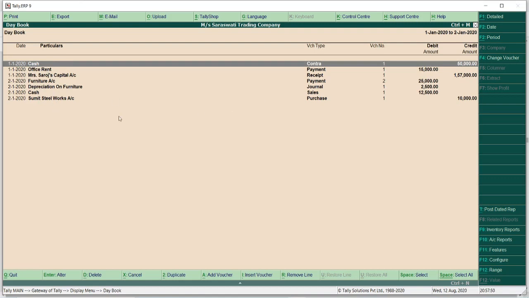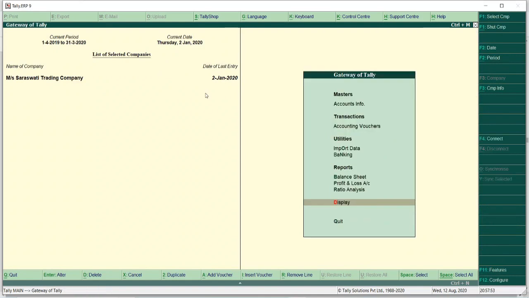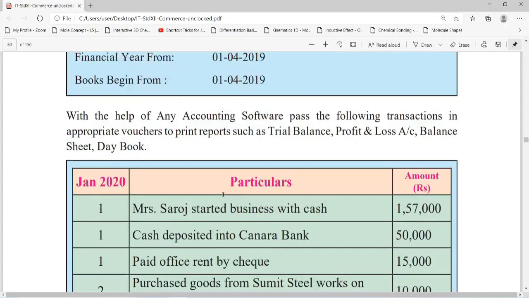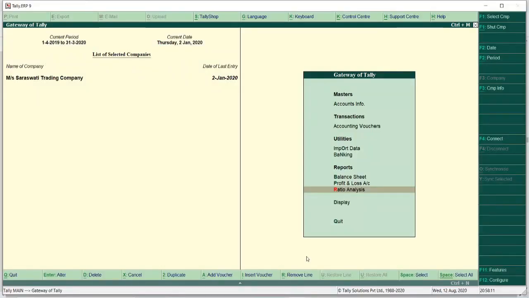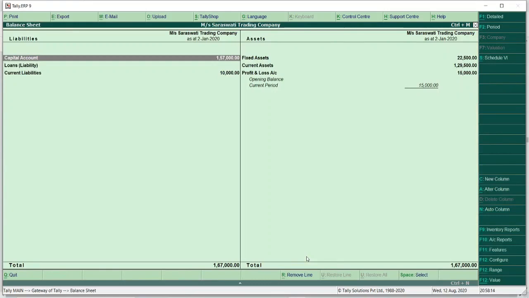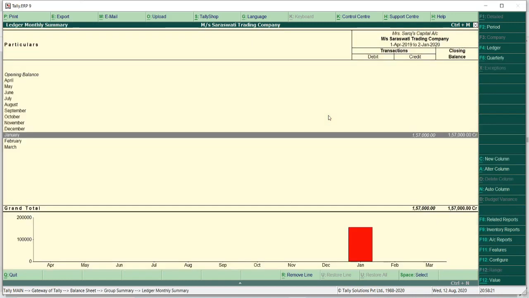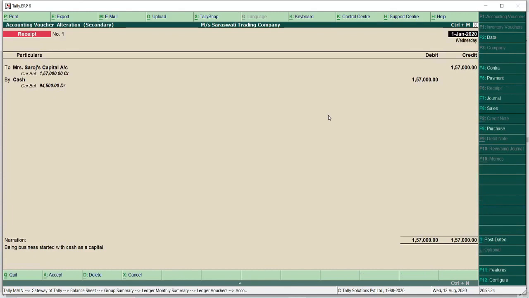Okay, and from this, if I escape the gateway of tally screen, you can see here balance sheet, profit and loss account, and ratio analysis. In the problem they have mentioned reports such as trial balance, profit and loss account, and balance sheet, and day book also. We have seen day book. Let's see balance sheet. This is my balance sheet, and if you want to go in detail, you can simply press enter key and you will come across the entries. See here the capital entry, you can see. I am escaping this,